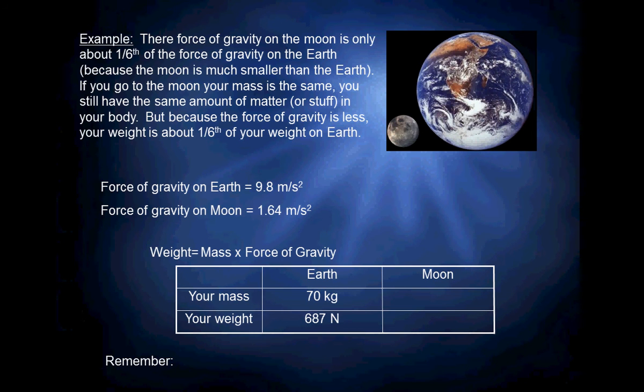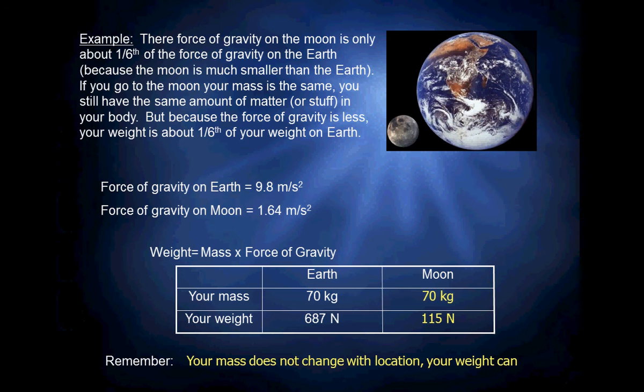So your mass on Earth, if we're 70 kilograms, we multiply that by the force of gravity is about 687 newtons. On the moon, the mass doesn't change, but the force of gravity does. The weight would be about 115 newtons. So mass doesn't change with location, but weight can. That's the key thing